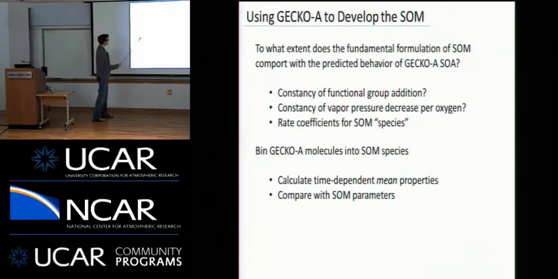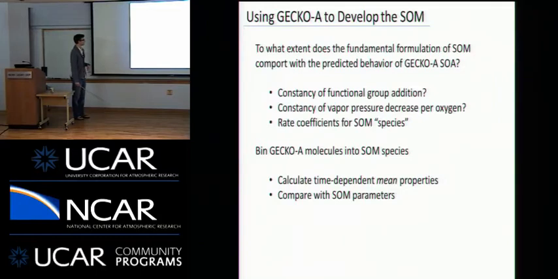And so we can think about questions like, I assume a fixed decrease in vapor pressure per oxygen added, and I assume it's time invariant, right? Which assumes that basically your functional group contributions are constant with time. Probably not true, but we can start to explore how important it is to consider those types of things. We can consider constancy of functional group addition, vapor pressure questions, how constant our rate coefficients are that are describing the movement through all of this space, and how well I've estimated those rate coefficients based on